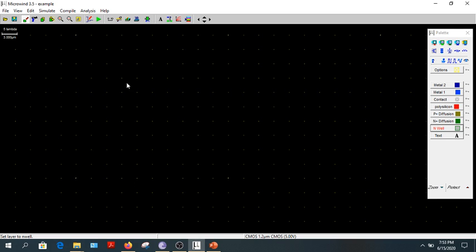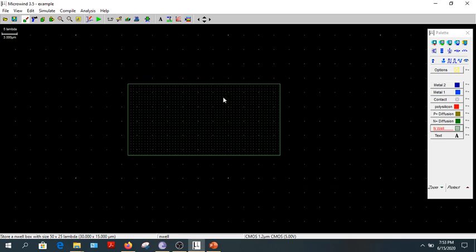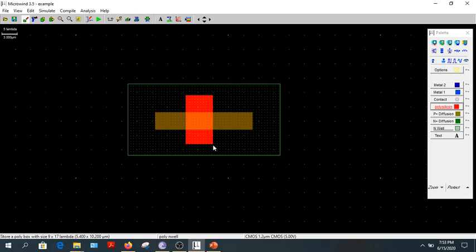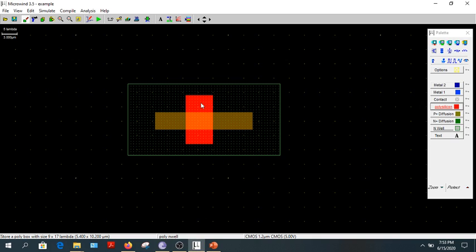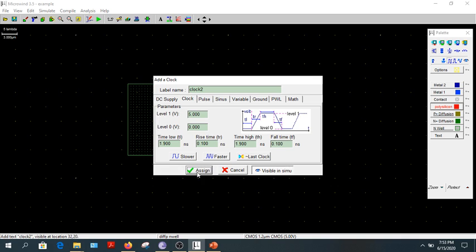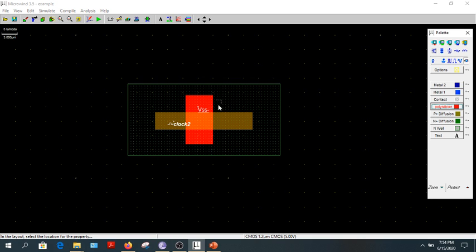So we'll create a well, as I have taught you. You will be learning this in CMOS designing. So this is my N well created. This well is created so that you can fabricate PMOS on it. So for PMOS I'll use P diffusion and I'll use polysilicon. Now you tell me, for PMOS what logic should you give at the gate terminal? This is your gate over here. So for PMOS you should give 0. So I should give ground over here, exactly the same as previous, clock over here at the drain side, and output at the source terminal.